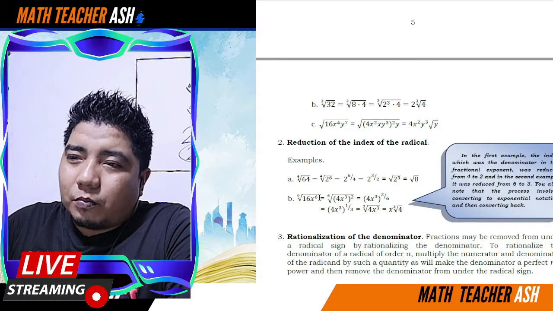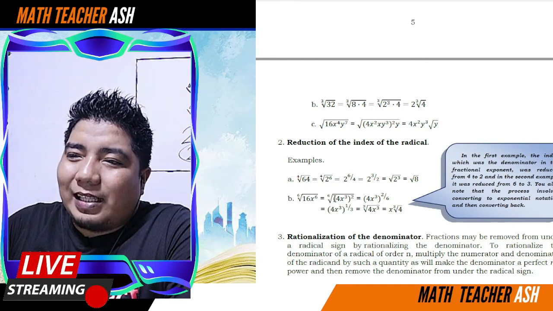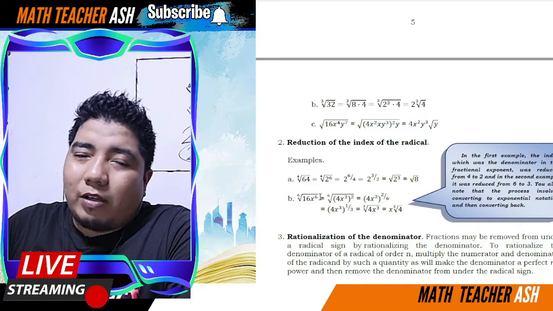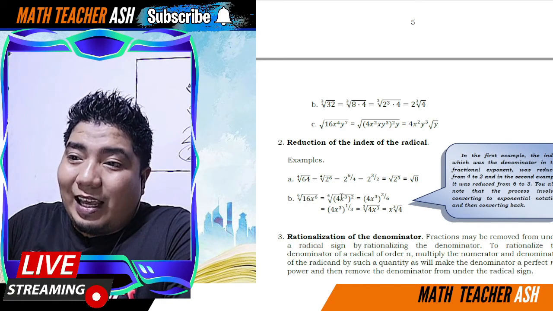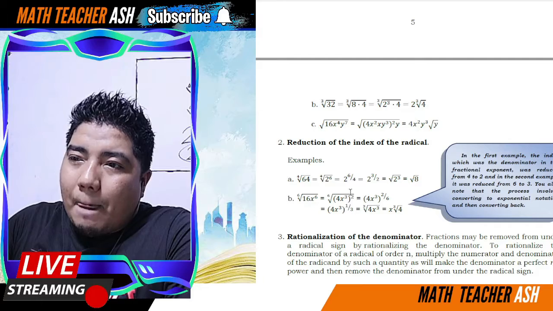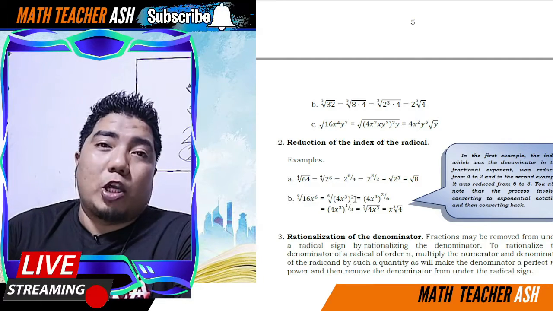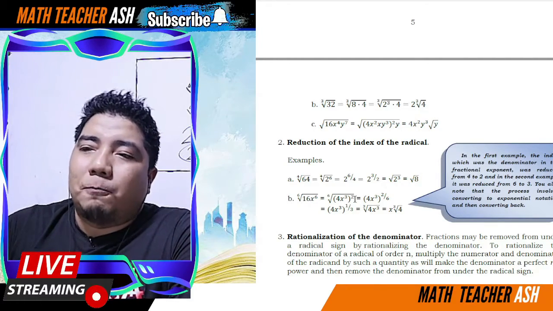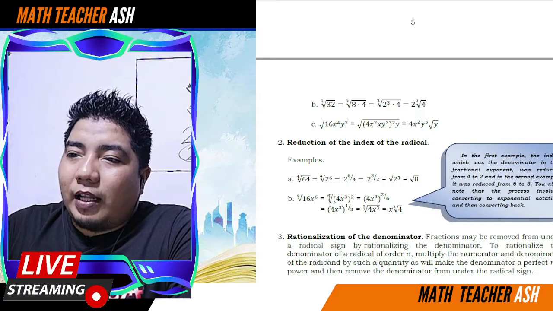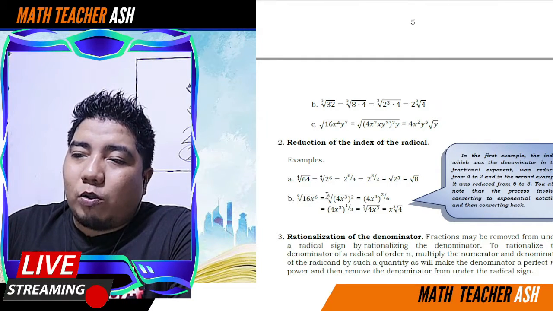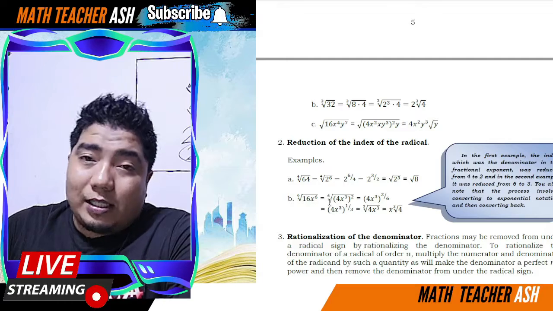So, kinuha niya ang square root ng 16, that is 4. Square root ng x to the power of 6, that is 3. Pero naglagay muna siya ng to the power of 2. Ibig sabihin, kinuha niya yung equivalent simplification nito. Okay? And then after that, itong 2 dito sa labas at itong 6 dito sa index, ang ginawa niya is,